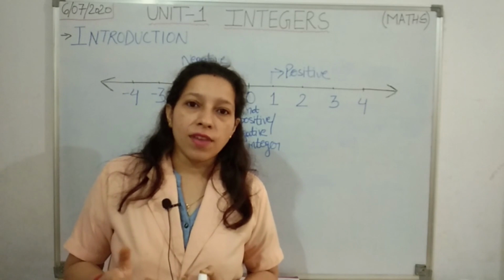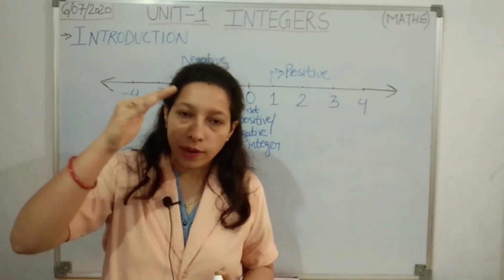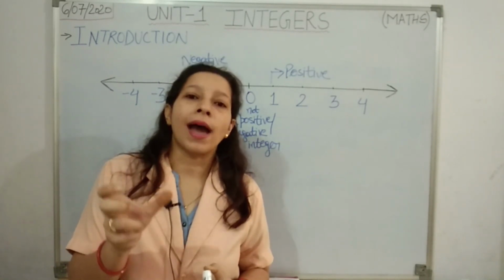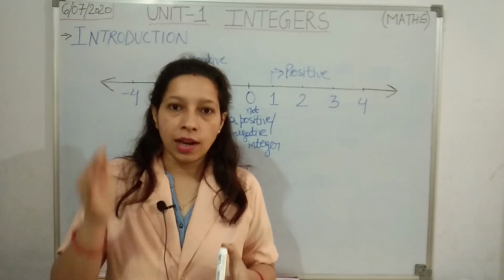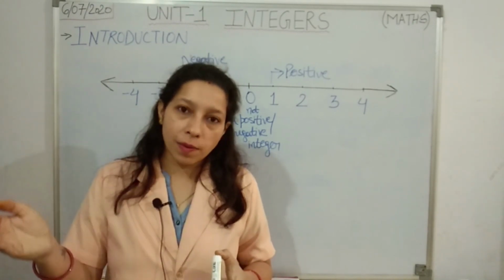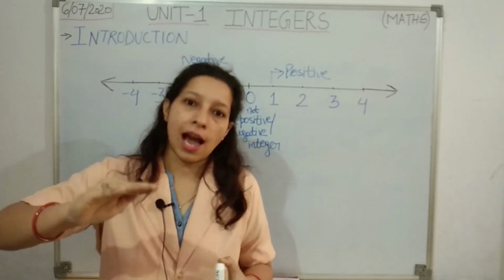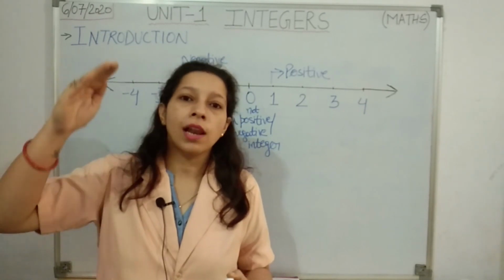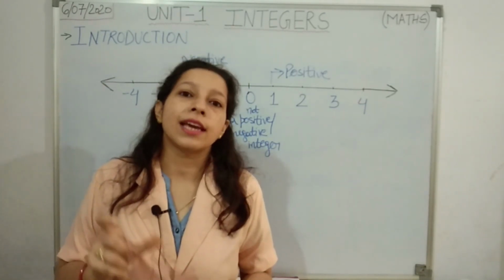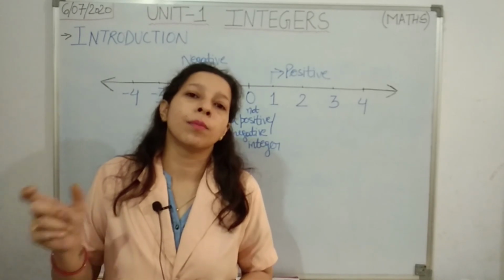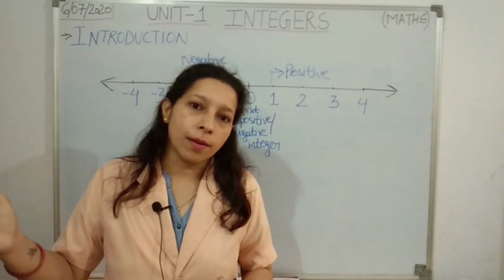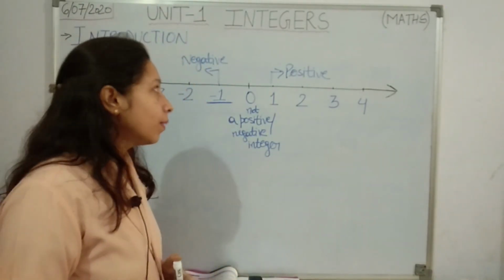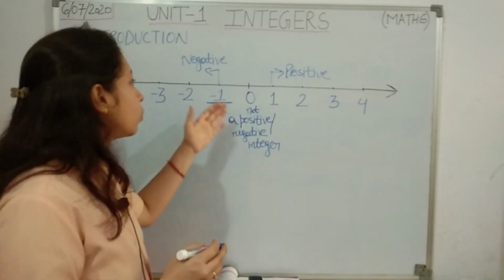Students, for negative numbers, as the number increase, its value decreases. Okay, so -1, after 0 the first number is -1 and -1 is the greatest negative integer. After -1 the next number will be -2, its value will decrease. After that -3, again the value of the numbers will go on decreasing when we are talking about negative integers. When the numbers are negative, the greater the number, the lesser will be its value.